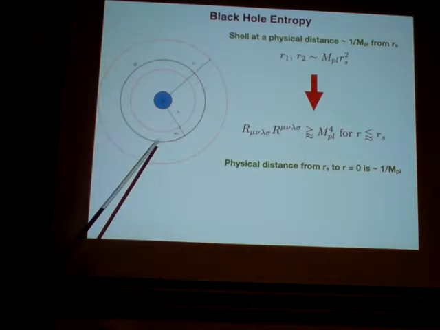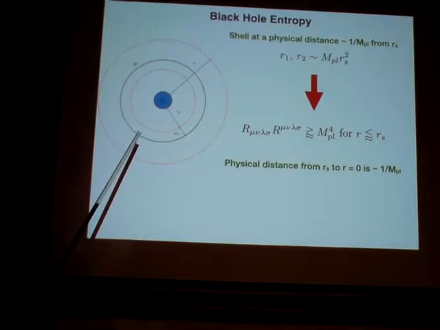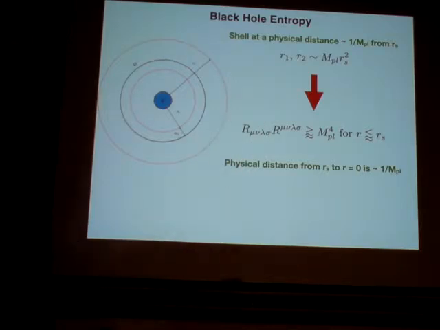Okay. Let's ask some more physical characteristics of what actually happens. So once again, in this case, if I compute the Riemann invariant, R mu nu lambda sigma squared, it is